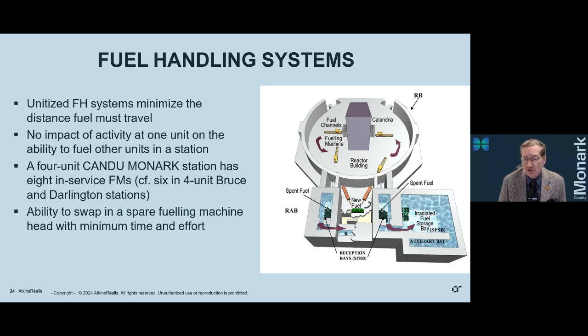Here's something that is more different, the way it's laid out, because the fuel handling is fully unitized in CANDU Monark. Relative to what you would see at Pickering or Bruce or Darlington, this is a lot more similar at a high level to what you'd see in a CANDU 6. The fueling machines do not go outside the reactor building. New fuel is transferred into the fueling machine, goes straight to the reactor face, does the refueling, and then discharges directly into